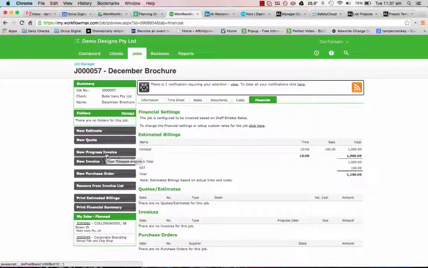So we can either do a progress invoice or a full invoice. I would advise you to use progress invoice all the time. The reason being, if you do a full invoice, it's effectively a full and final invoice. So the WIP gets written off, and depending on your settings in the system, the job may get closed down. So a progress invoice is generally better because you can still progress invoice the full amount, but you can do a more detailed invoice, and you can leave it open as well. So if I go progress invoice,